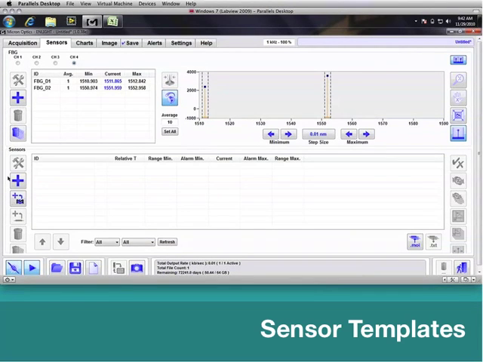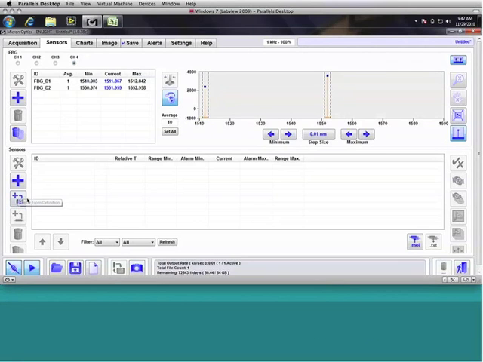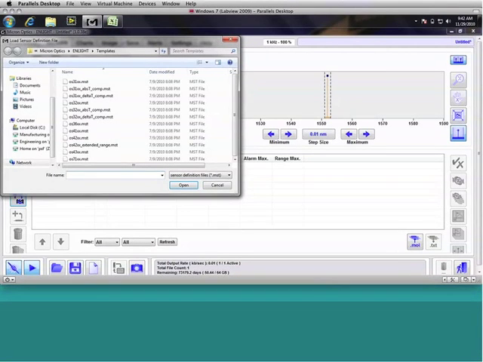So I guess anyone who's used nLight in the past is pretty comfortable with adding sensors. What may not be familiar is creating sensors from a definition file or a template, and that is this third button down here under the sensor center. So you can see our Micron Optics logo going into the Create button. So I'm going to go ahead and press that control now, and that brings up a dialog box that shows